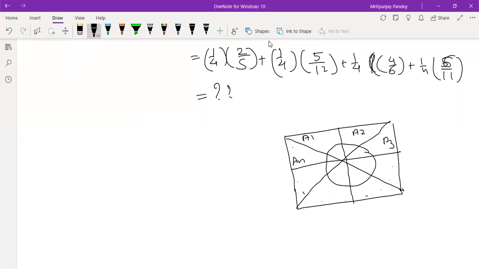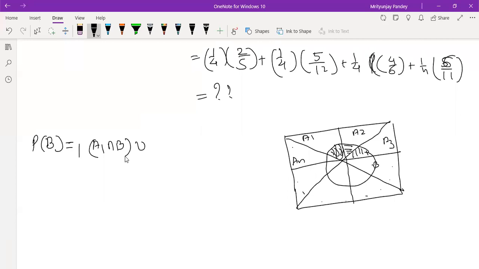So this circle represents B, right? So our target is to find the probability of B. I mean this portion, as well as this portion, as well as this portion. So the first portion is A1 intersection B, because this circle represents B, and this is your box A1. The intersection between them is this part. Plus is nothing but union,